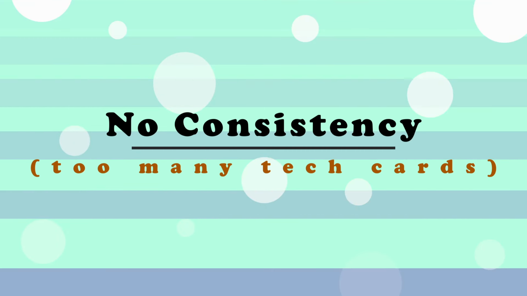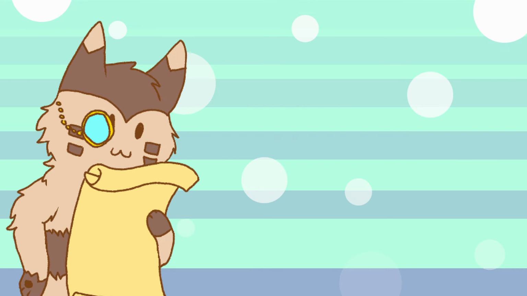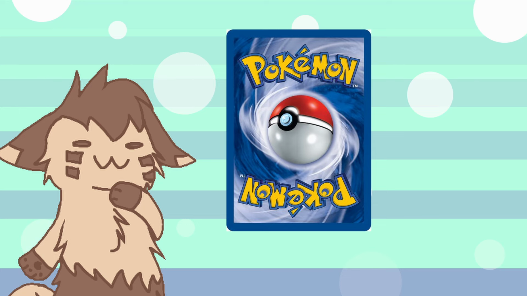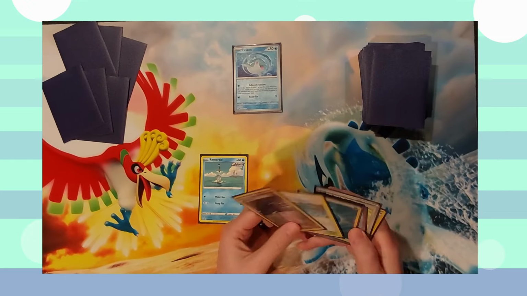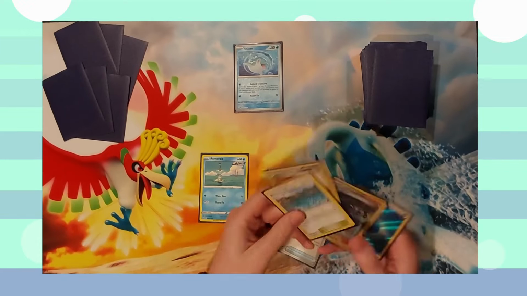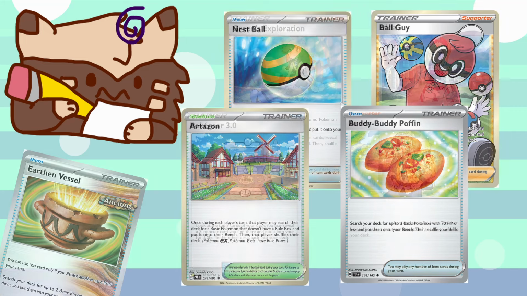Not enough consistency, too many tech cards. A good deck is one where you never have to worry about getting what you need at the right time. Of course, a Pokemon deck will never be 100% consistent. High is probably around 95, and those deck lists are absolutely cracked. Consistency in deck building is about stacking the odds of your deck to give you outs to what you need when you need it. For example, access to Pokemon early game and energy attachments, or access to crucial trainers mid